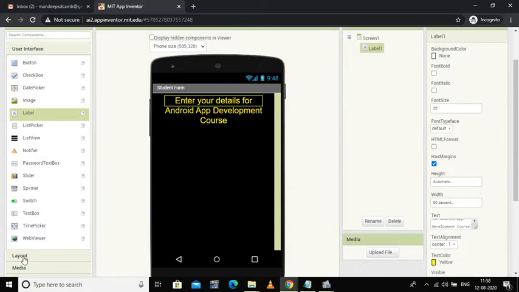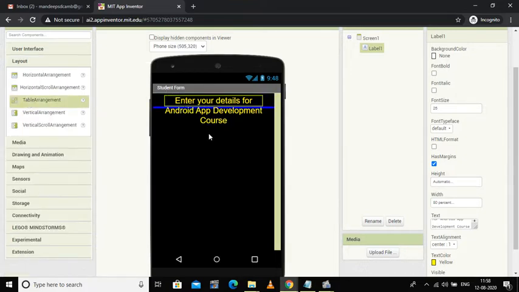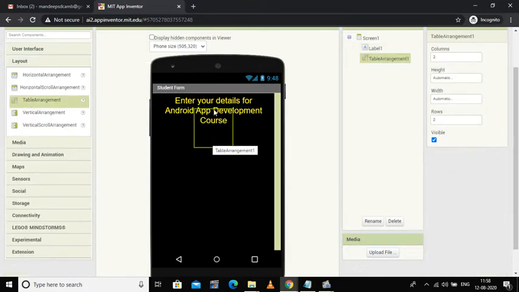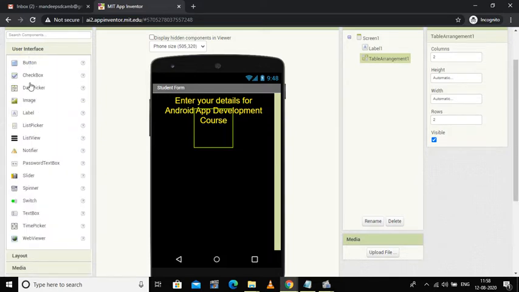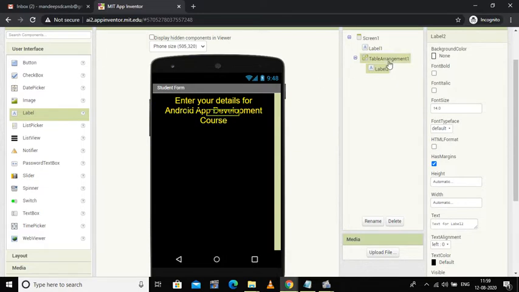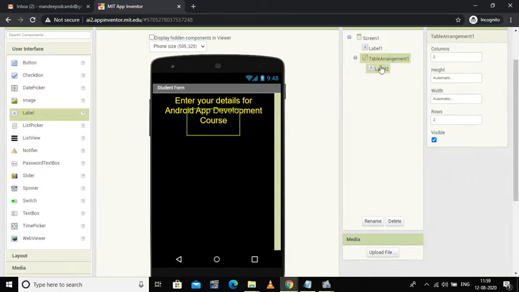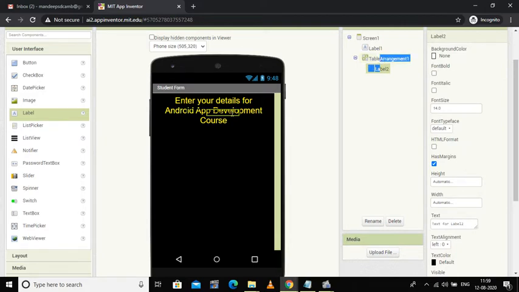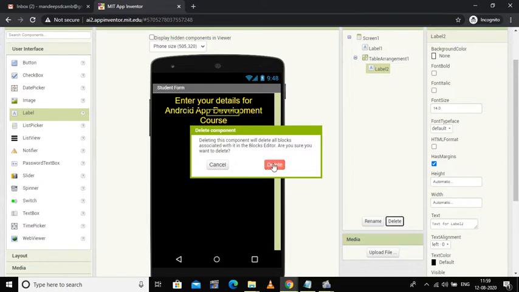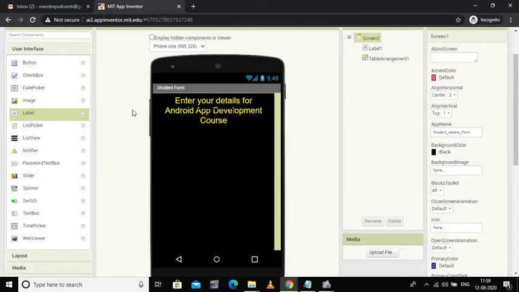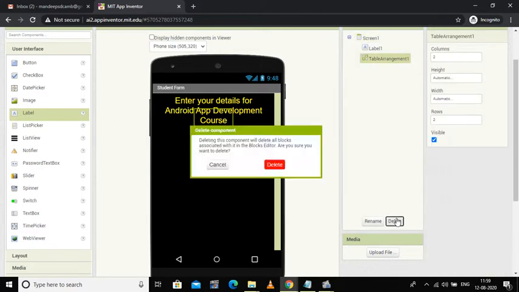Now I'll drag one of the table arrangement layout here. Fine. And also I'll drag one more label here between these two. Let me delete it, and I'll delete this component. Yes, I want to delete it. I also want to delete first of all the table arrangement.